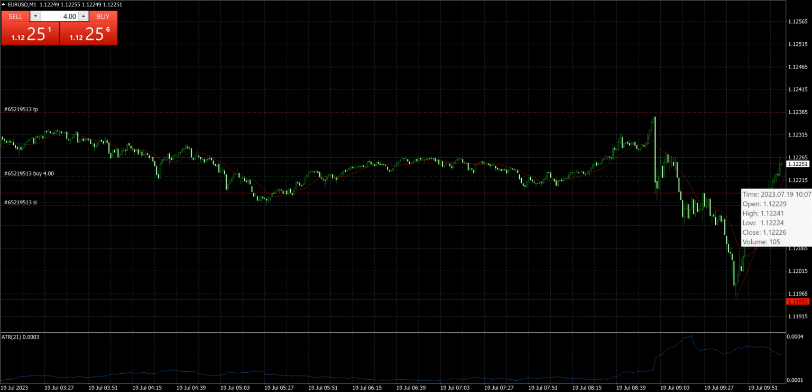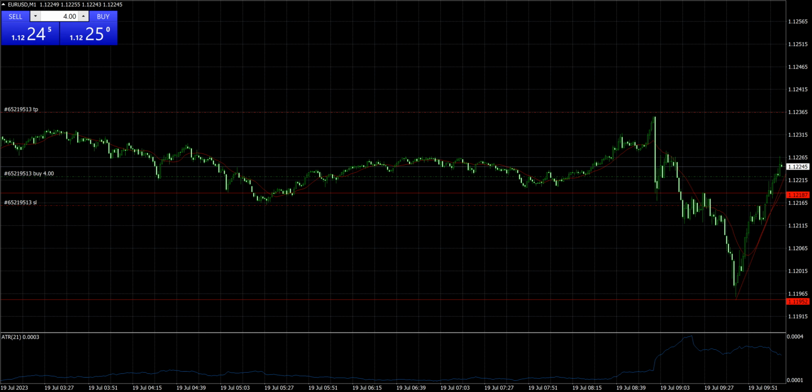That pullback wasn't really that convincing to me, so it could be a false break. We could see price pull back just a little bit and retest these highs. It kind of already retested those highs, so I do expect price to continue moving on up, but we could have a false move. You see where I drew this line right here? This was the most recent highs. It's now acting as support. So resistance has turned into support, and I'm just waiting.